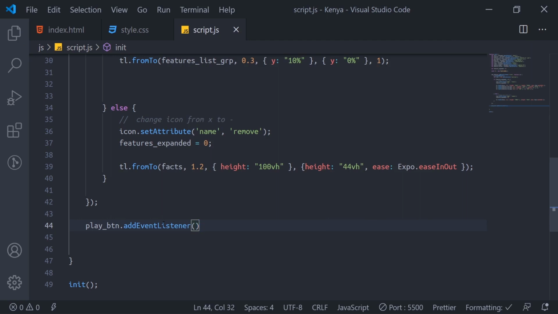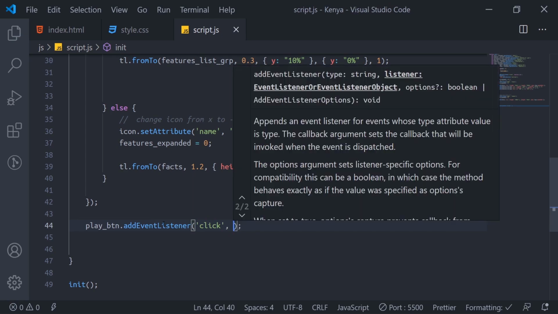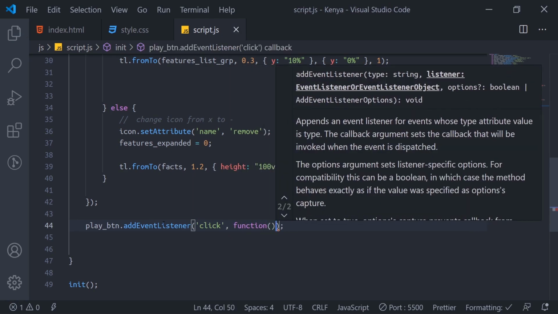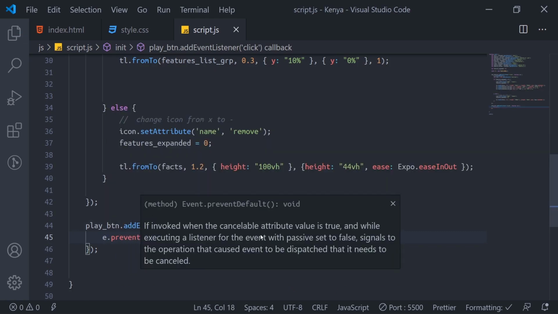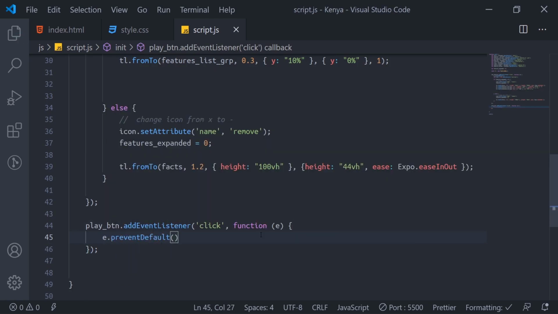Inside this event listener, I say click. Then we'll enter the function. In this function, we'll just put e, then e dot prevent default.